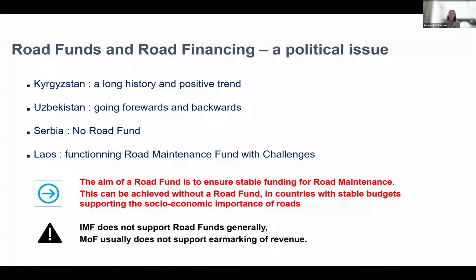A Ministry of Finance likes to have its whole budget in one pot, so they can every year decide, depending on the priorities, where the money should be allocated. The IMF also is for centralizing of the budgets and no earmarking. And the rationale behind this is, if you have a road fund, why don't you have a hospital fund? Why don't you have a school fund? And why don't you have